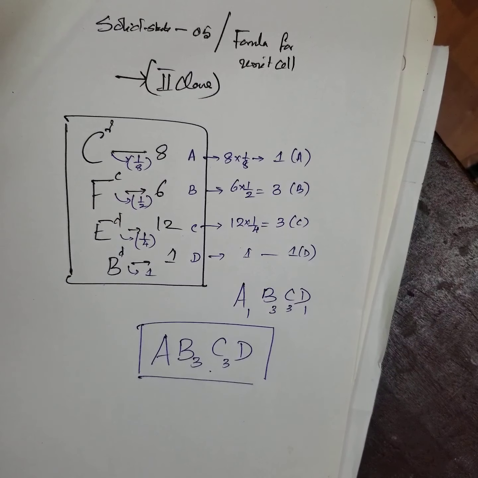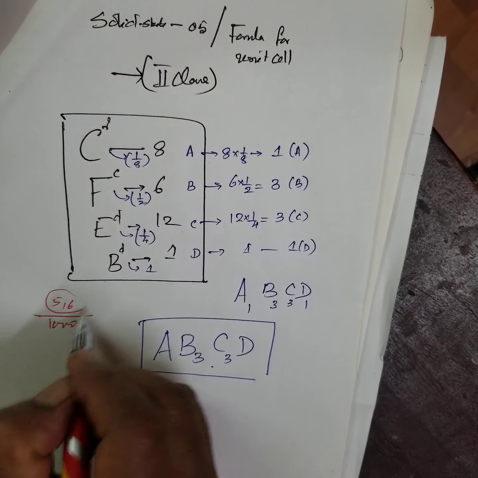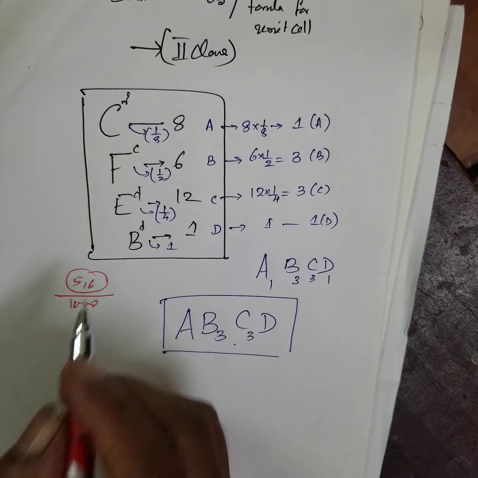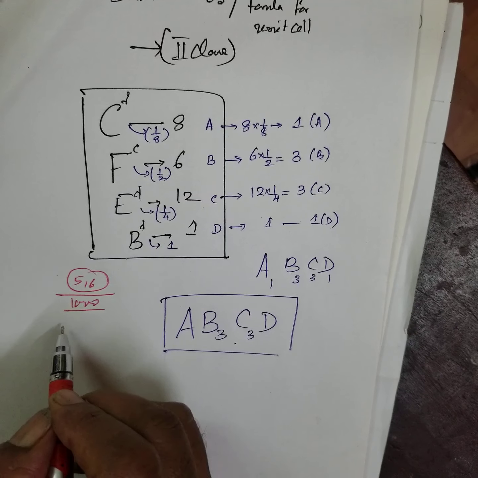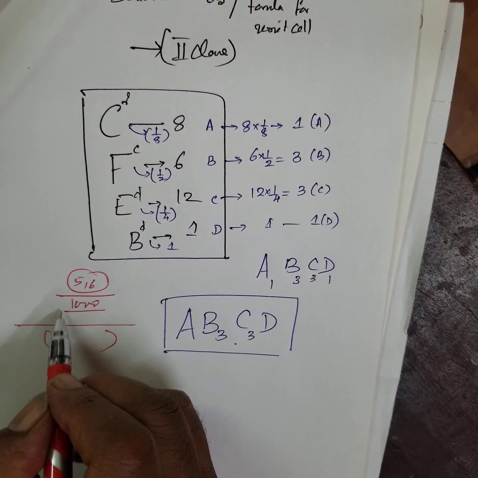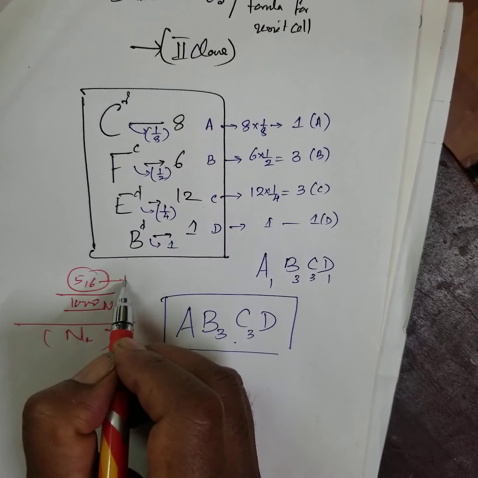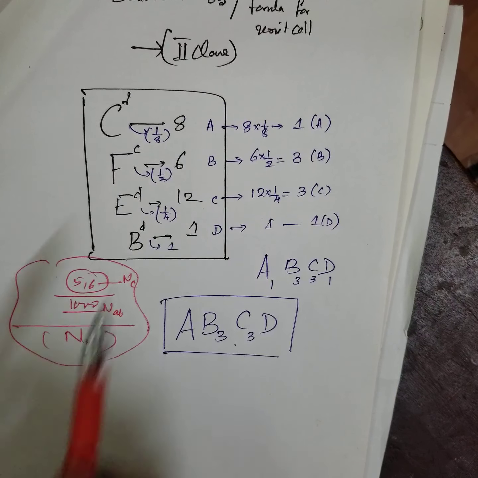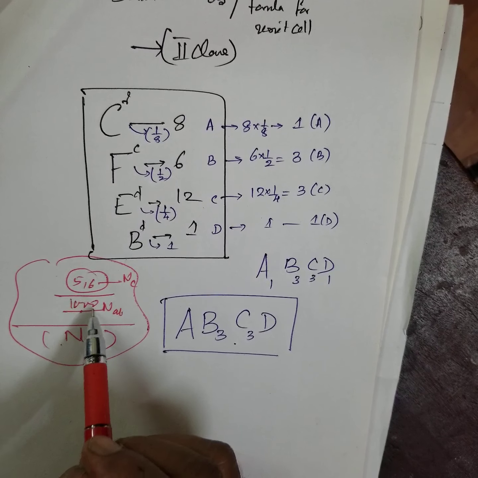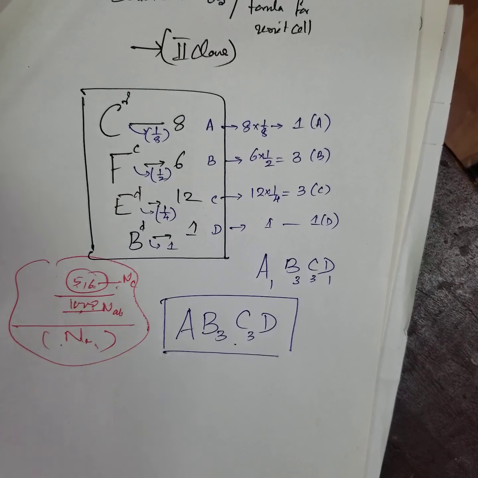Now there is another tough problem. See, this particular tough problem, out of 10,000 students, only 5 or 6 students answered it. They take statistics for each question: the total number of students attempted, and how many cleared. Out of 10,000 people who attempted, only 5 or 6 people cleared this sum. I'll tell you what that particular sum is.